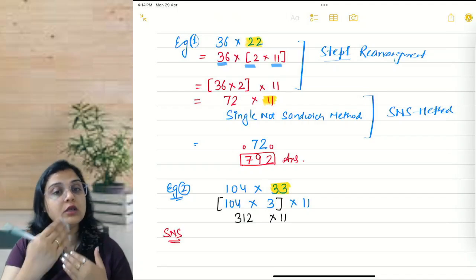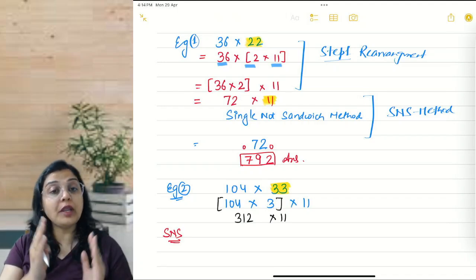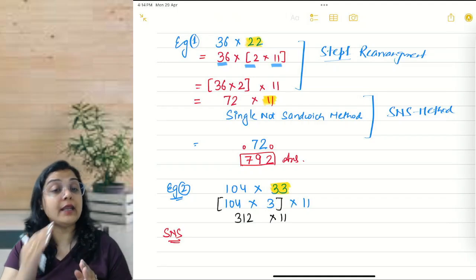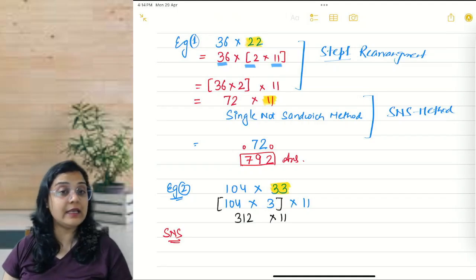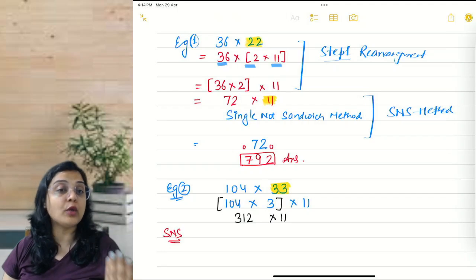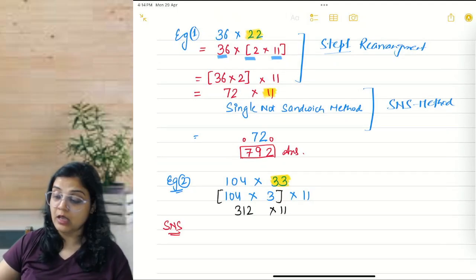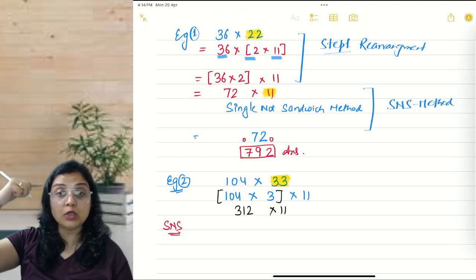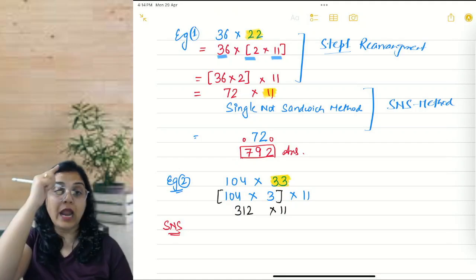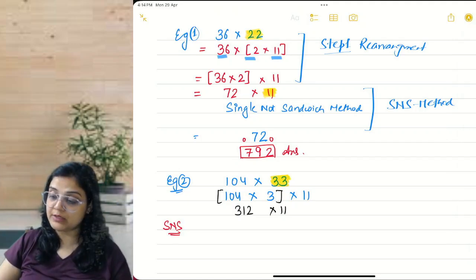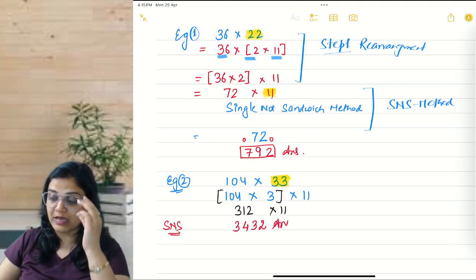You also think like this only. You train yourself to write the answer directly without writing SNS again and again, without putting those zeros again and again. Try to write down your answers directly. All right. So in this question, if you imagine two zeros in your brain, one before 3 and one after 2. So 2 plus 0 will be 2, 2 plus 1 is 3, 3 plus 1 is 4, 3 plus 0 is 3. So this is my answer.